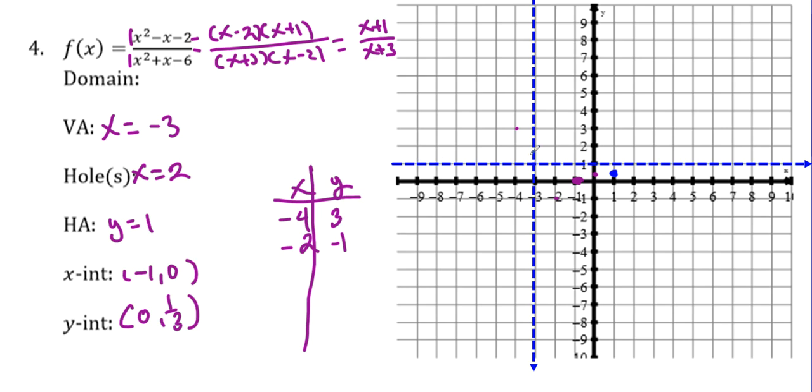Over here, not so much just yet. I think I'll do one more. I'll do 1, I get 0.5. Well, that was my hole right there. So my hole's at 0.5. And I better do a couple of negatives. So I'm going to do -5, and I get a 2. And I do -7, and that's going to give me 6 over 4. That's going to be 1.5. All right. And again, my hole being at